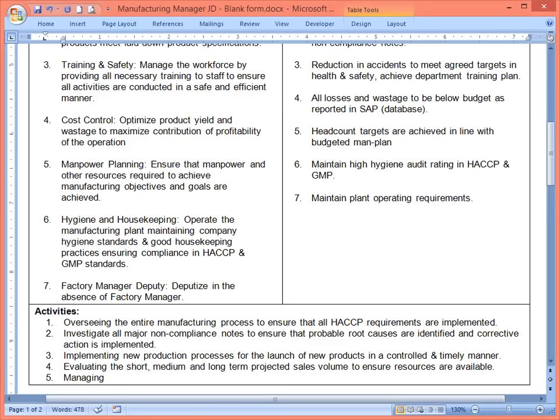But in terms of the job description method, the activities actually do not matter, because what's important is the AOR, the job dimension, the competencies, the qualification and experience. Those are the important things in the job evaluation. Okay, so managing the planned production,